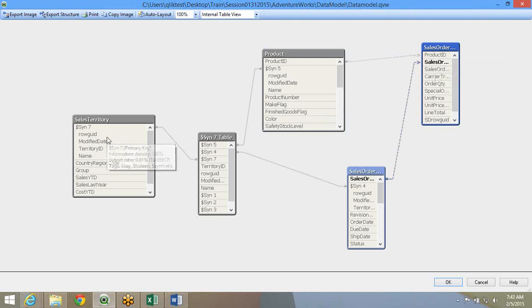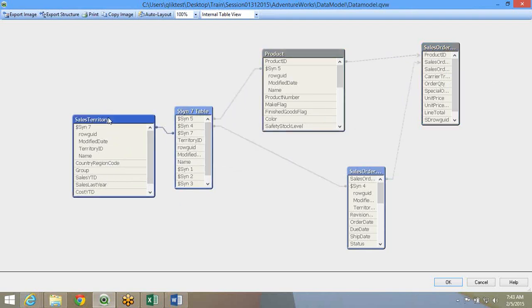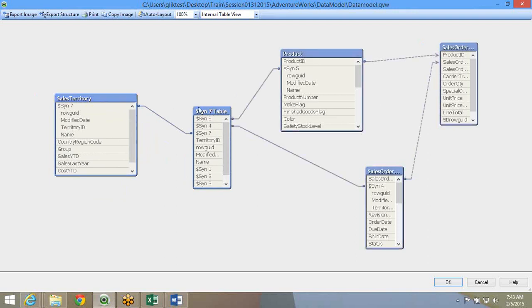They both are in turn linked to sales territory because there are a lot of common fields. So a synthetic table is formed in between. Now the logic over here is, look at the loop. Suppose you have to select a product ID, you select a product ID. For that product ID, you select all the territories. For those territories, you select the sales order details. For those sales order details, again you select a couple of products. Then again those products, product ID based on that territory ID. So the loop keeps going on.